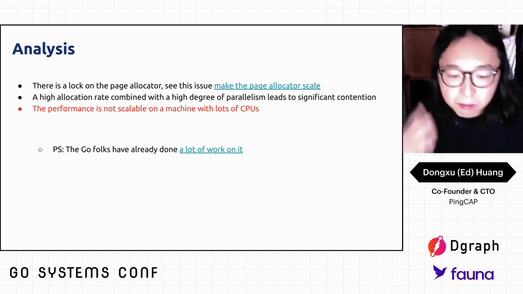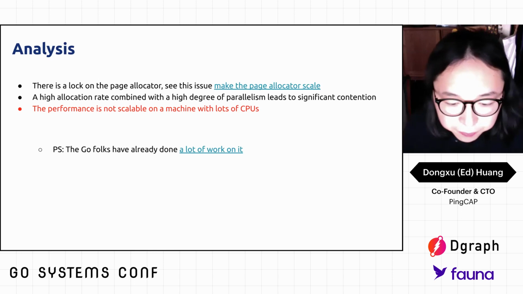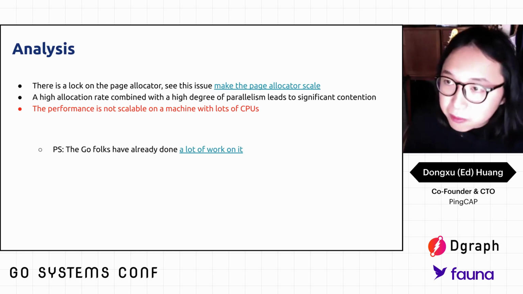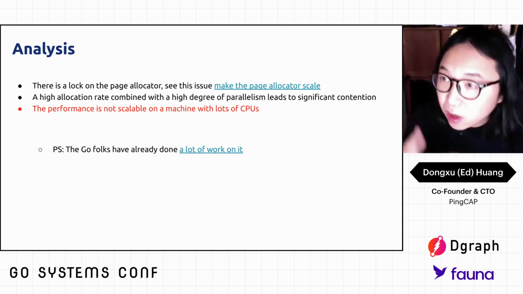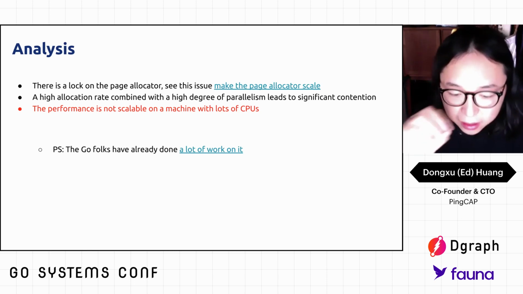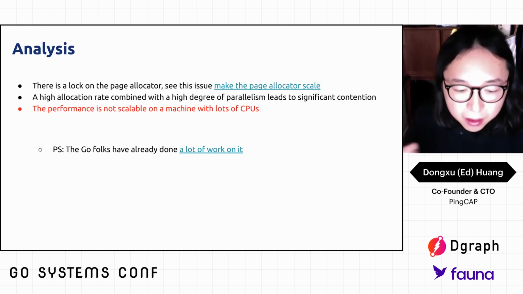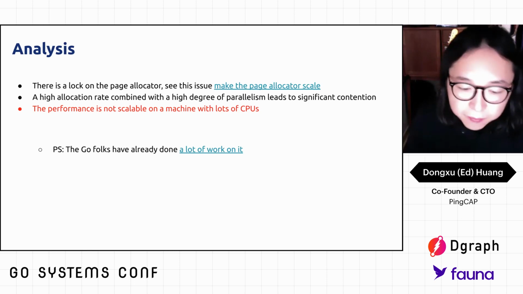That means the more CPU cores you have, the bigger the problem becomes. That's why the performance of deploying a single process is lower than the single-node multi-process model deployment,